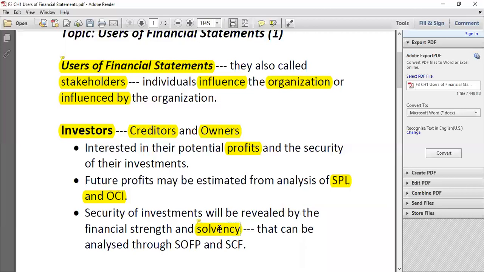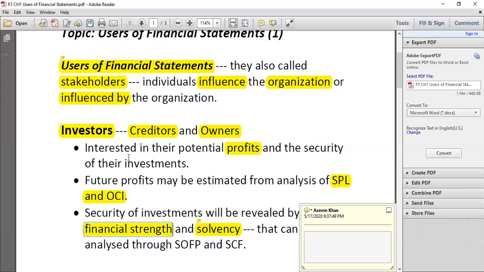Another thing that is very important is that the investor will assess in the financial statements the financial strength. Financial strength, or financial position, means assets: how much assets the company has, and in those assets how much investment was made by the owners and how much belongs to the creditors. The more assets belong to the shareholders, the stronger will be the